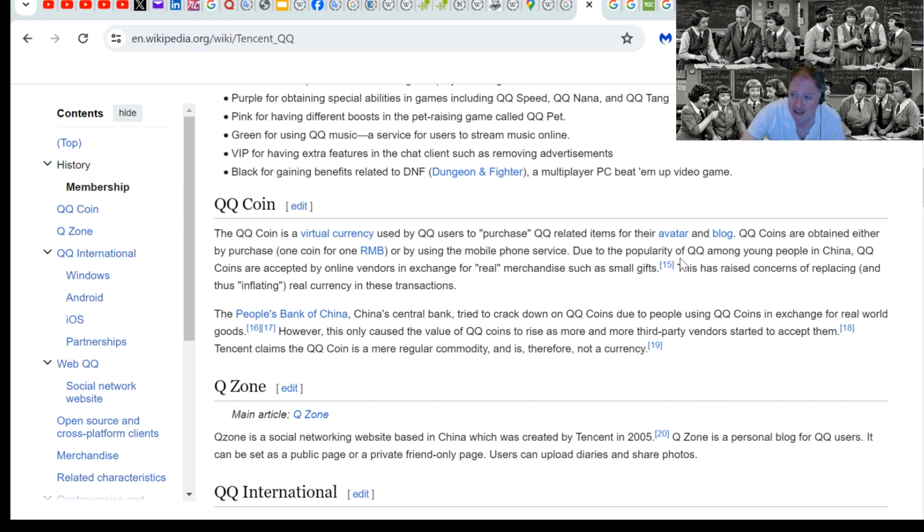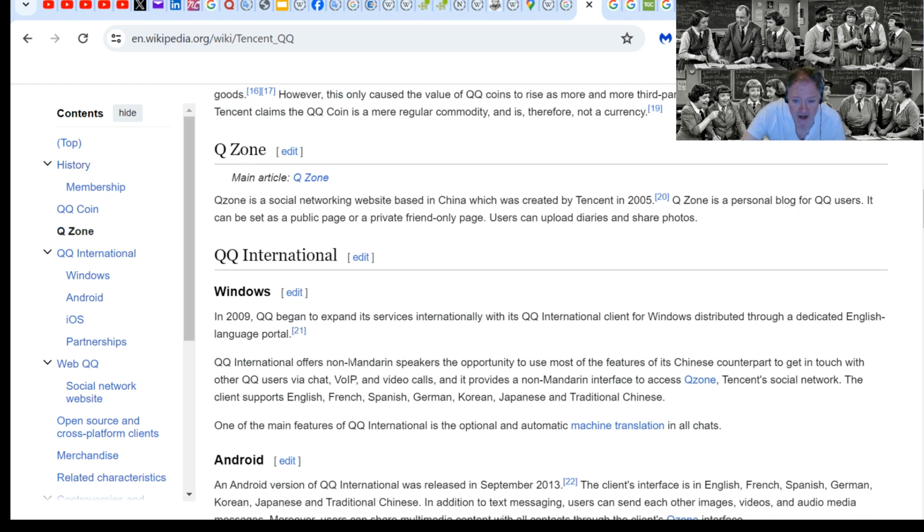So interesting. That's QQ. Let's see what else they had. Well, they went international in 2009. And interestingly enough, this also coincides with the beginning of many of the game spread psyops